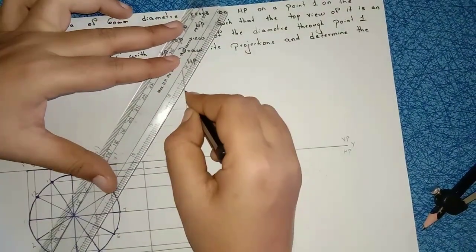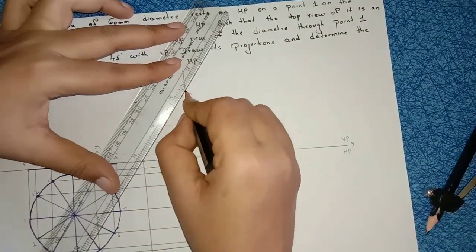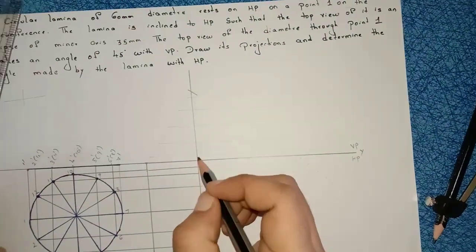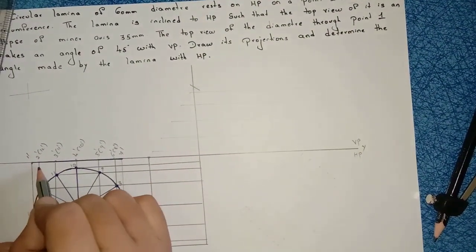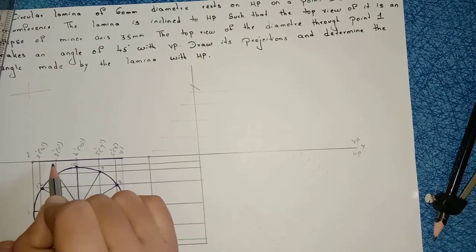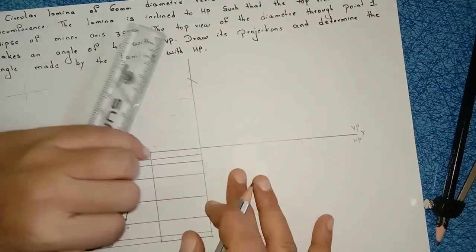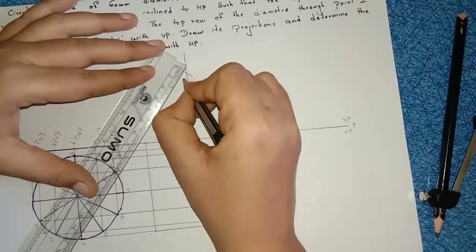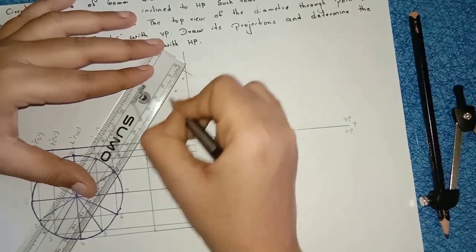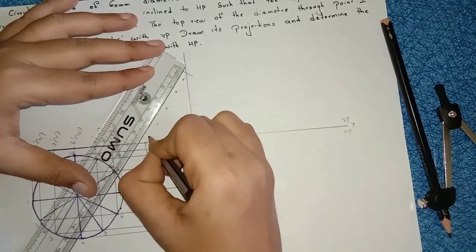Now I am joining this one, right? Now from 1 to 2, how much is the distance? 2 to 3, 3 to 4. Measure these distances either with scale or with compass. See, already I have marked here, right? So mark the distances on that line,